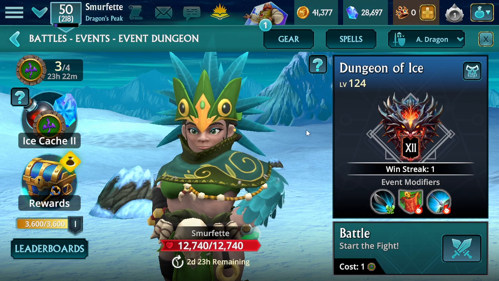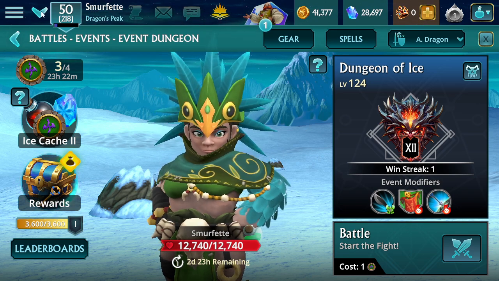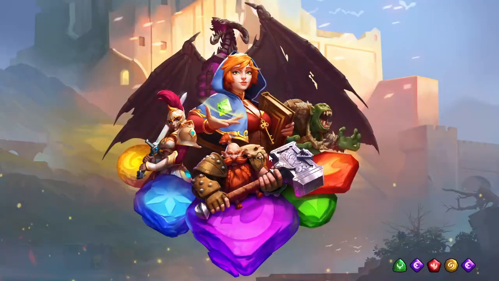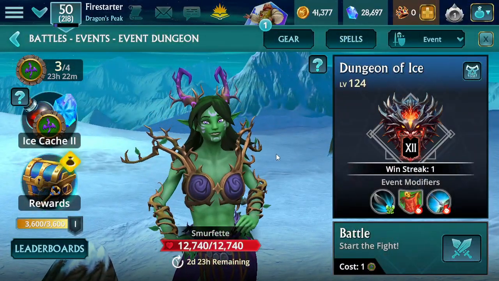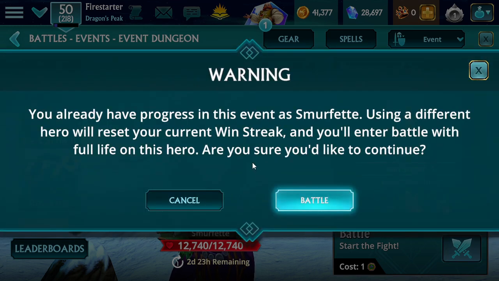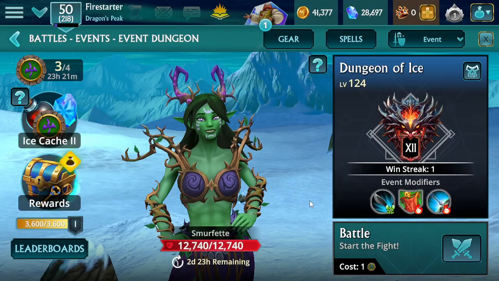So what is the second option? Very simple. Change to a different character. This is my warlock, and if I try to start a battle, the game will warn you. You already have progress in this event with a different class. Using a different hero will reset your current win streak, and you'll enter battle with full life on this hero. Are you sure you'd like to continue? If you say yes,